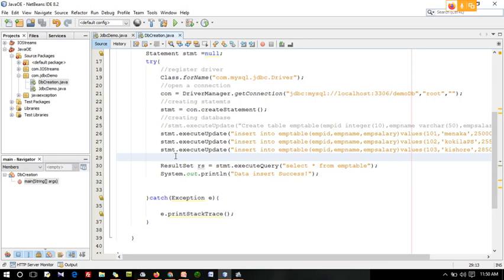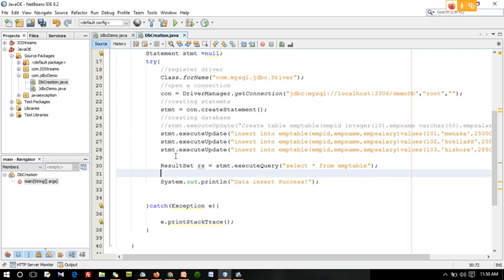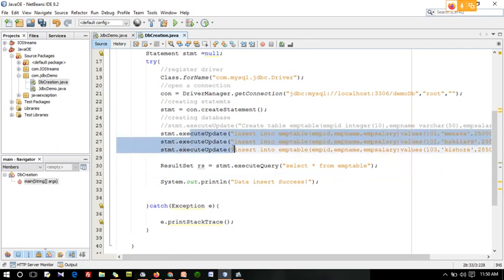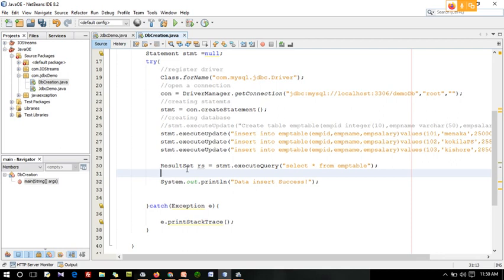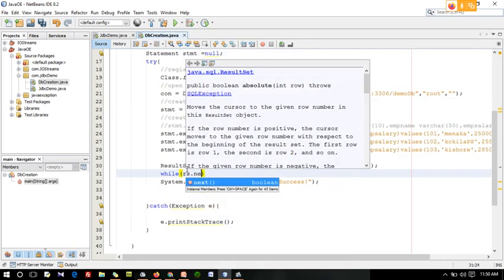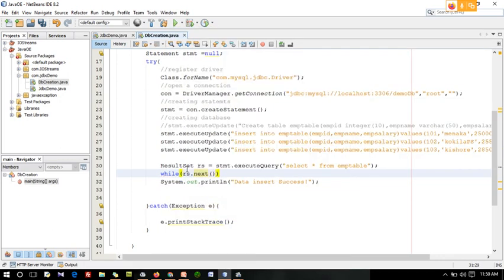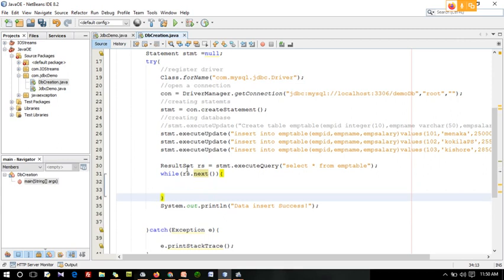Will I leave all this execute update like this? And after this you want to display using rs dot next. Inside this you put system dot out dot println.